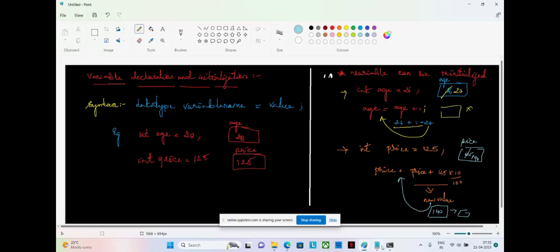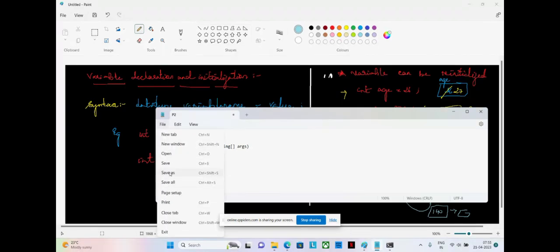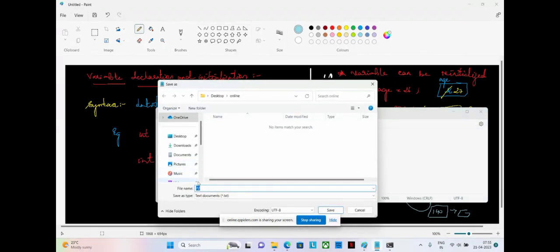Done, sir. So let us take this example only. Now I have given int age is equal to 26. I want to change my age. I want to print my age after 2 years. So what I will give is my present age plus 2. When I do present age plus 2, I'll get the updated value of my age. Save as P2